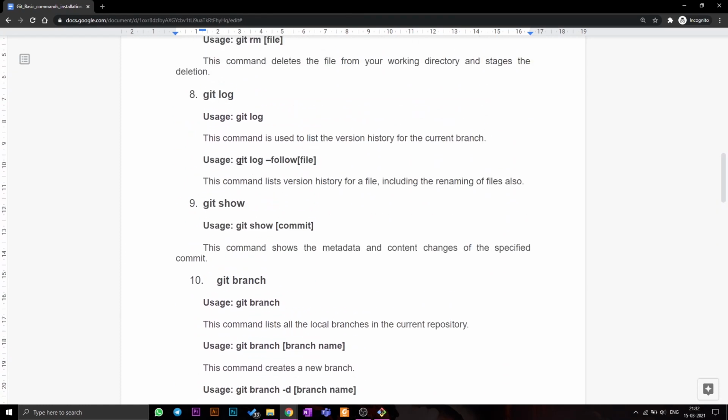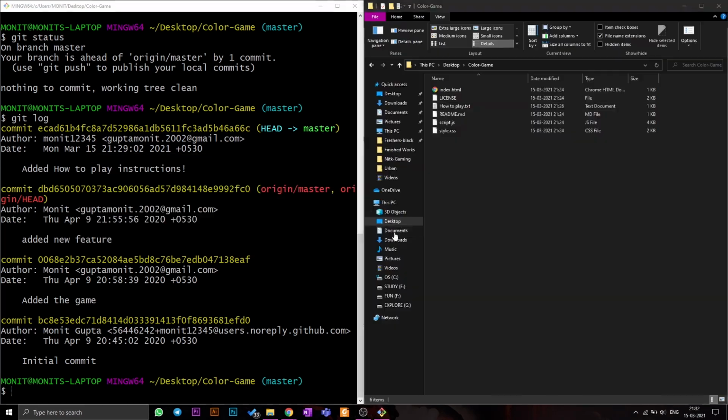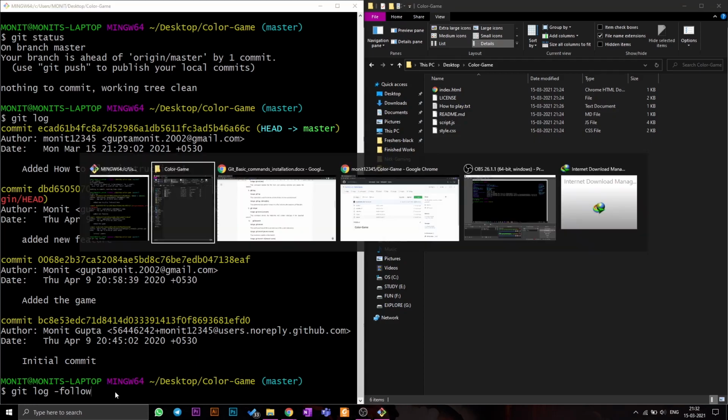Also, there's git log follow. It basically shows the history of a file, including renaming of files. So basically, suppose I want to follow git log follow.